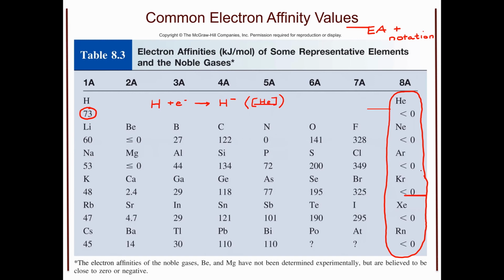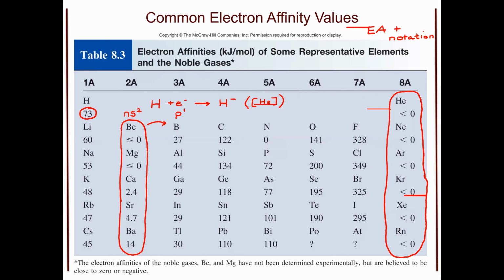So the other group that you want to take a look at here is the 2A group. As you can see here, these atoms have very, very low electron affinities. Well, why is that the case? Because most of this group is going to be s2. They have a full subshell. By adding an electron, going from beryllium towards that of boron, you're now populating a p orbital to p1. So now all of a sudden, you're taking an electron, adding it in, and populating an orbital that was previously